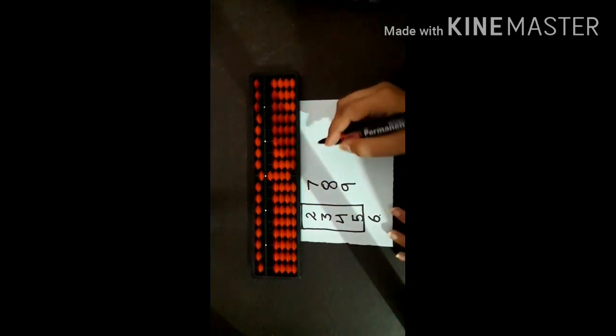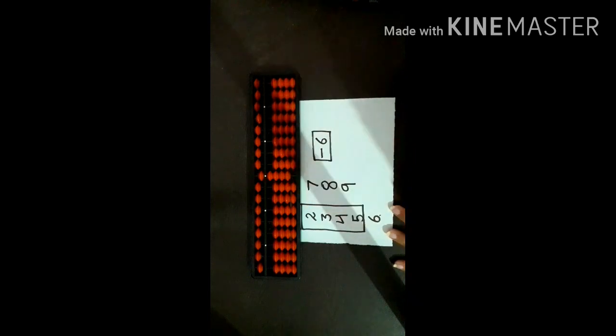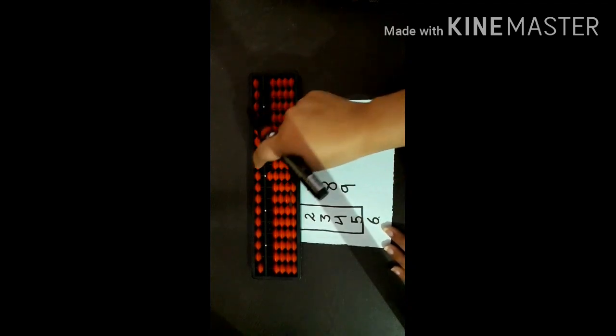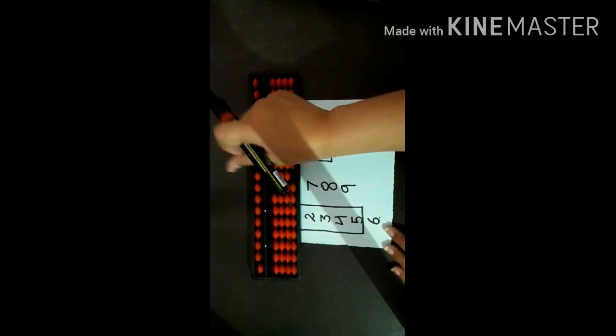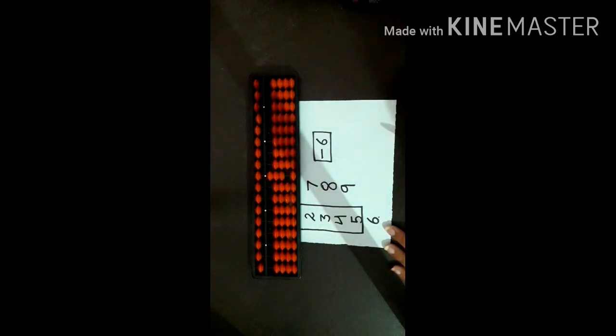Now students listen, if you have to minus 6 in this 9 we have added. For minus 6, I have told you that you have to use the bead 5. After 6 you have to use the bead 5. So minus 6, see what you have to do. For minus 6, put the 5 bead up, 5 and 6. See, 5 and 6, one from down.